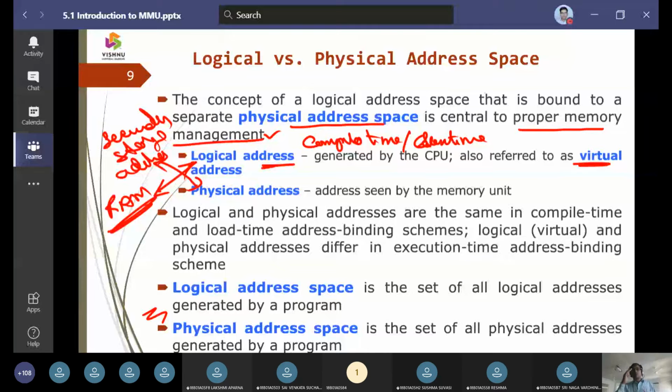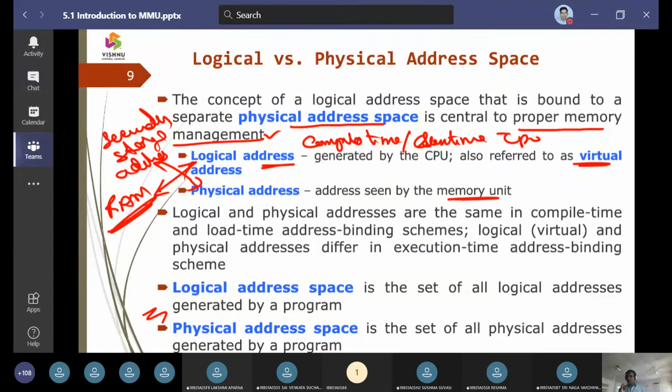Got it? So one clear agenda we have to take up is that logical addresses are going to be generated by the CPU, whereas physical addresses are going to be generated by the memory management unit.